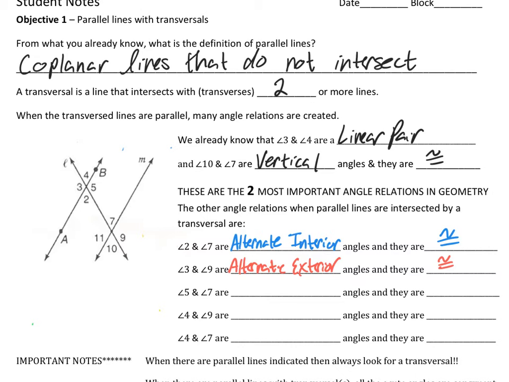Okay. So let's take a look at 5 and 7. This is a little bit different. This time they're not alternate. This time they're on the same side. So we can say same side, or another word we sometimes use is consecutive,